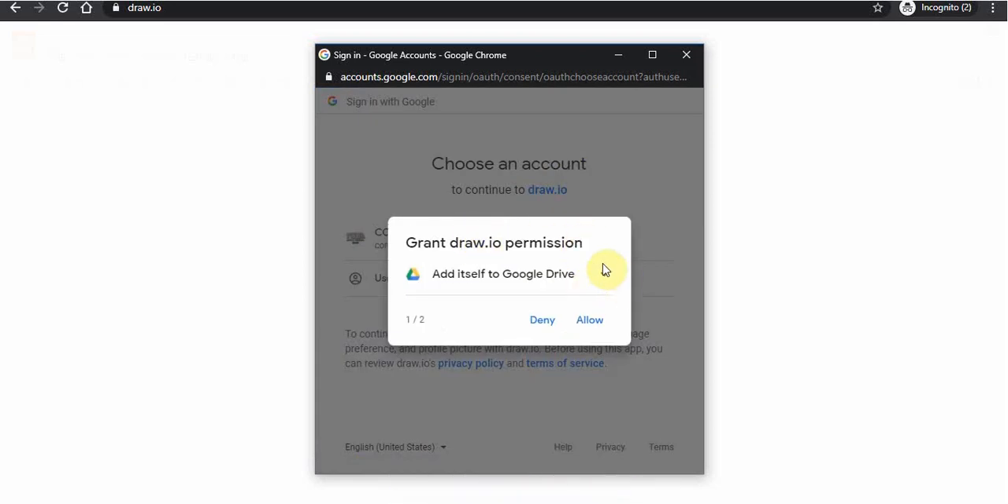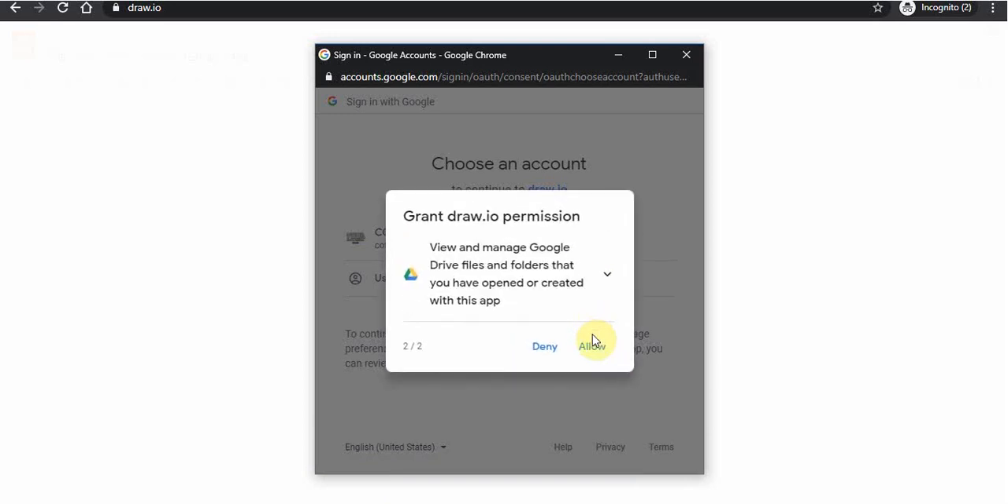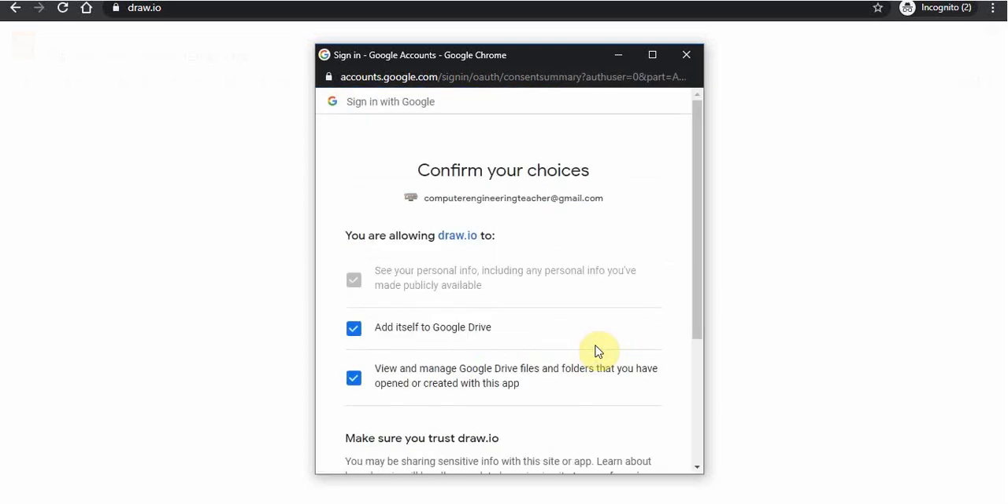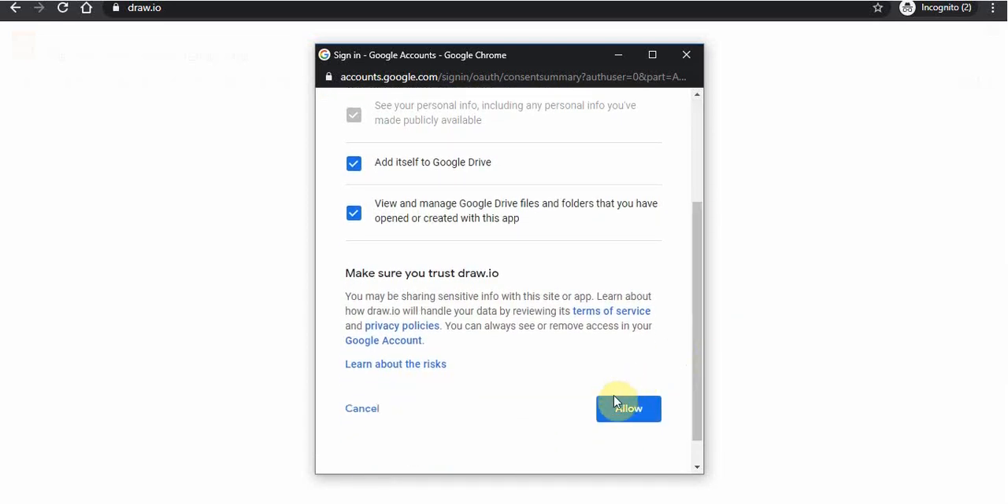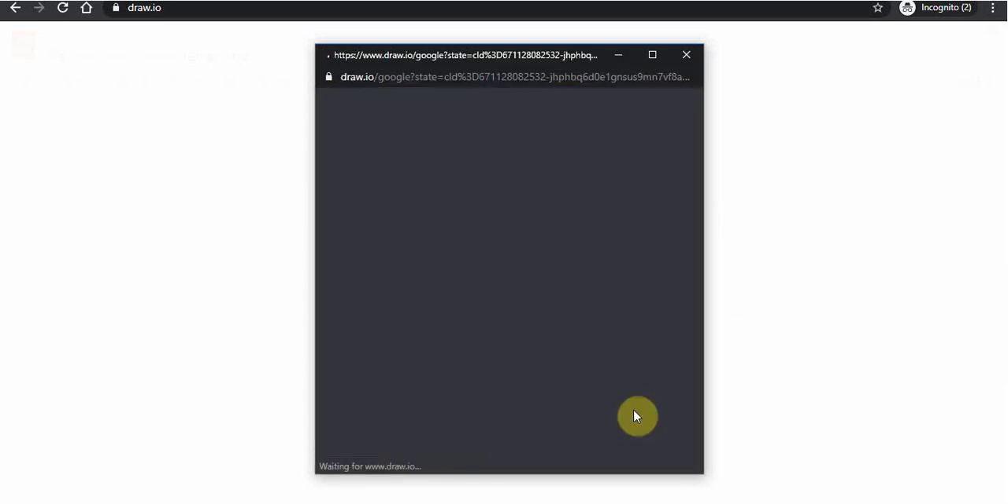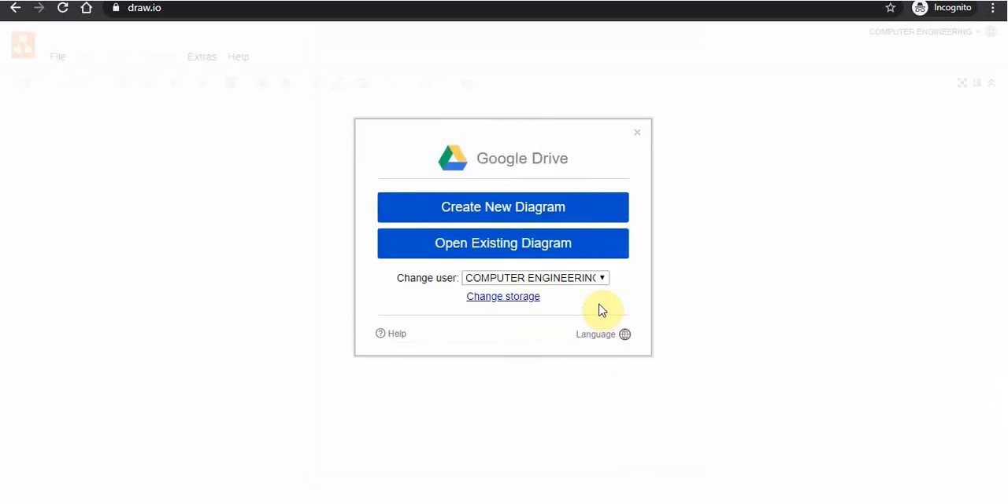Are we going to allow permission? Yes, we are. We are going to do that, and we are going to allow it to view and manage drive folders. And yes, we're going to allow this program to do that. So once we get to here, we can either create a new flowchart or we can open an existing one. So we're going to go to create new diagram,